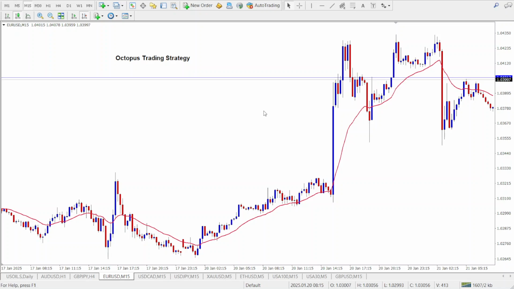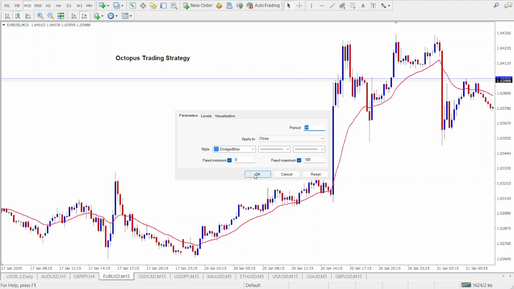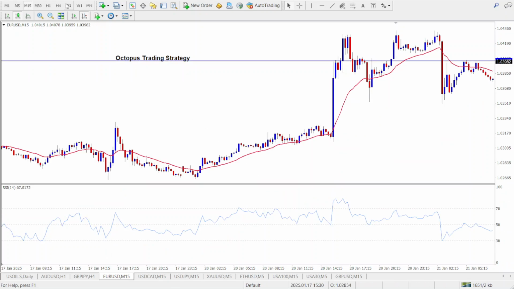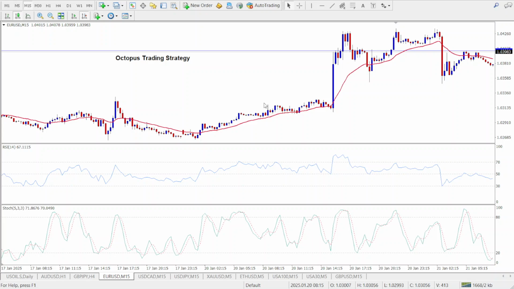It makes use of popular indicators, and not just popular indicators, but effective indicators still. So I'm just going to be adding these three indicators to the chart: the moving average, the stochastic oscillator,